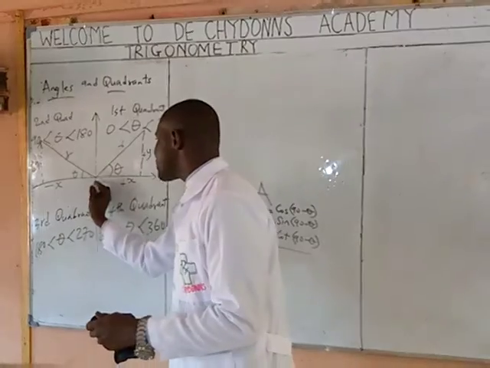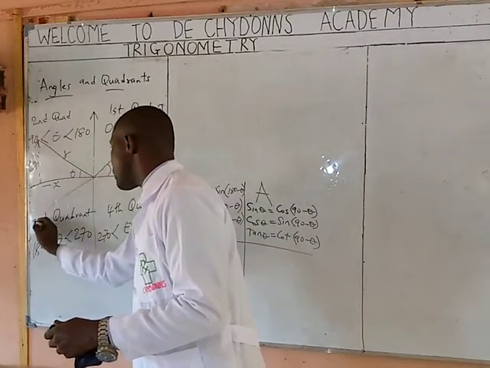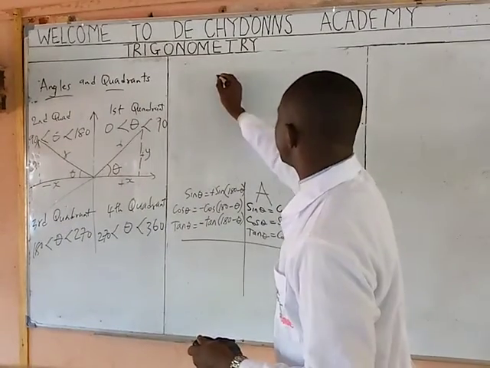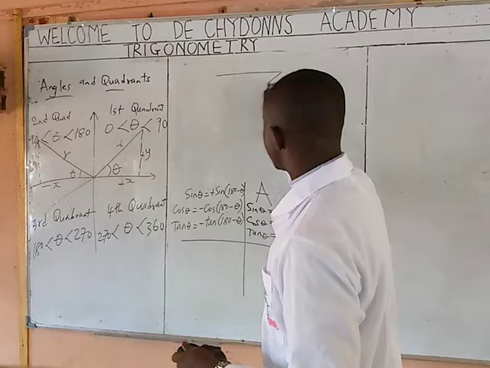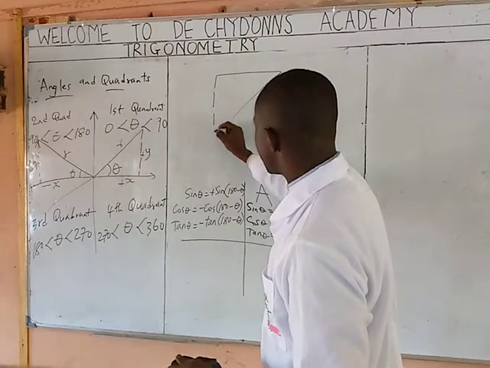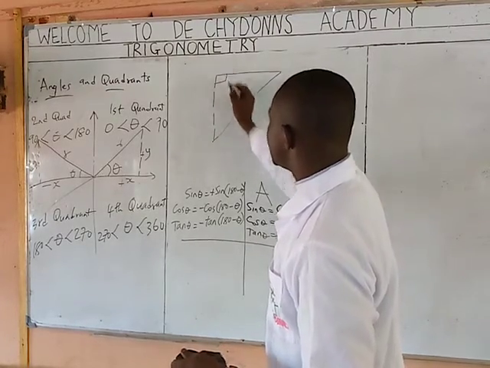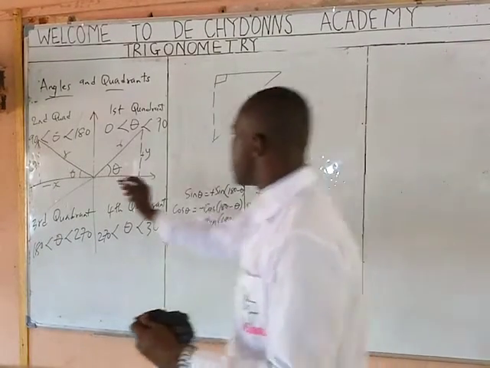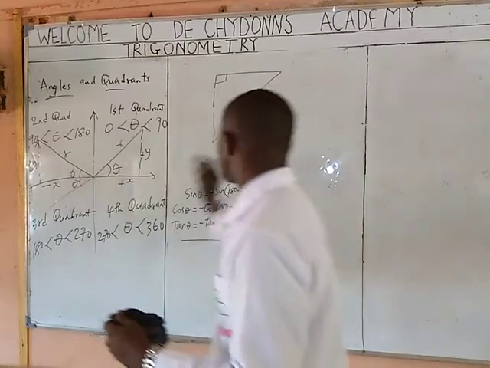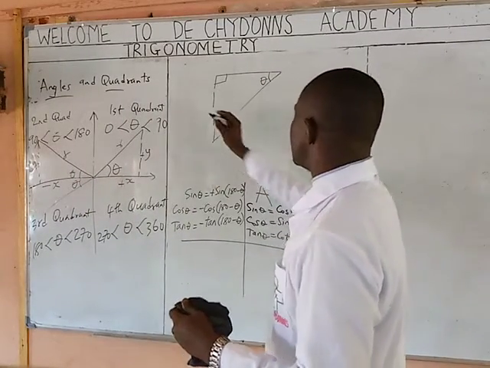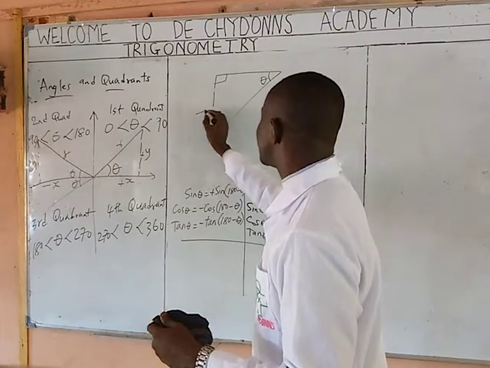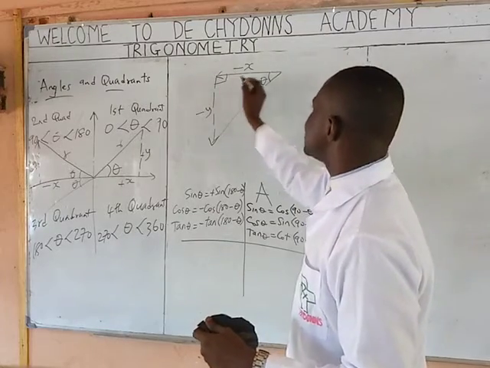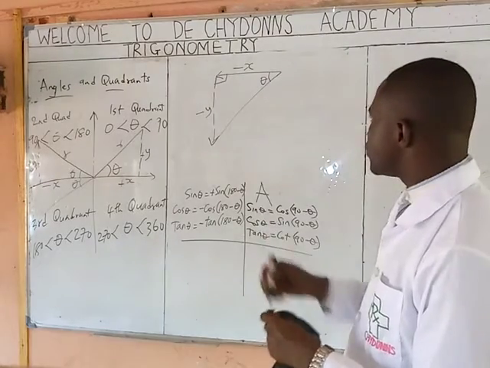In the third quadrant, a line will move this way. Then we have it this way. Here is 90 degrees because vertical and horizontal. Then here will become our theta. So here is our theta. Here is now moving downward. So negative y, negative x, because the x is negative and the y is negative. Here remains our